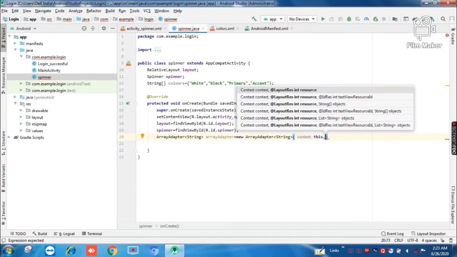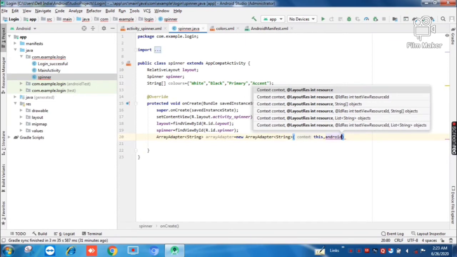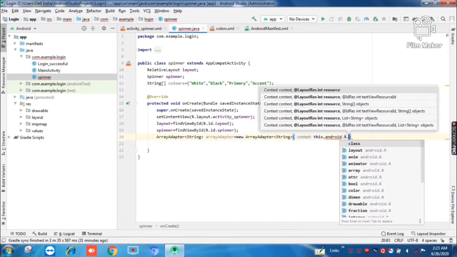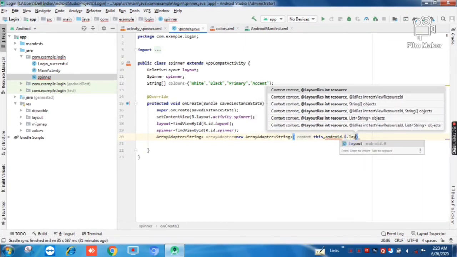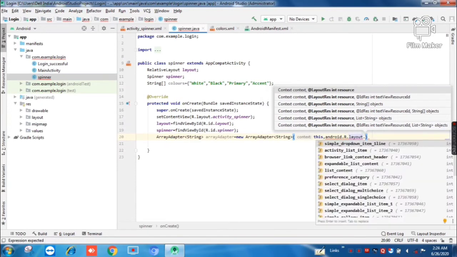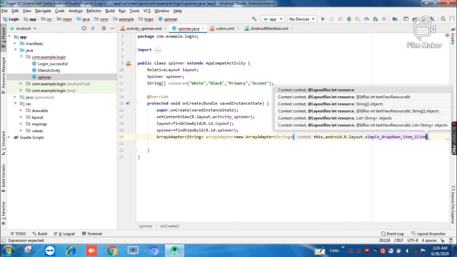Next, we need to define the layout resource or our theme. Select Android.R.layout.simple_dropdown_item. This is a pre-made theme which will display our items in form of a simple drop down item.